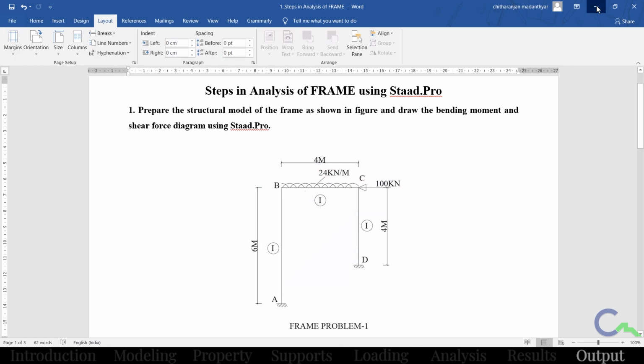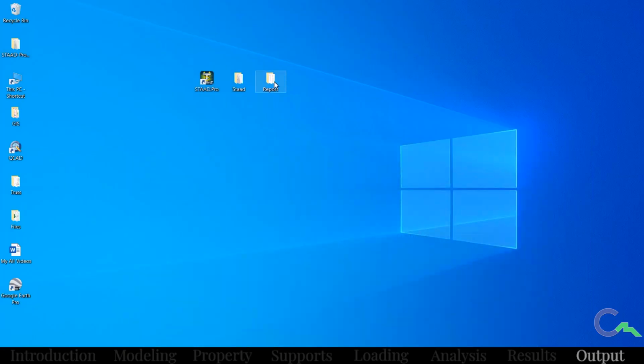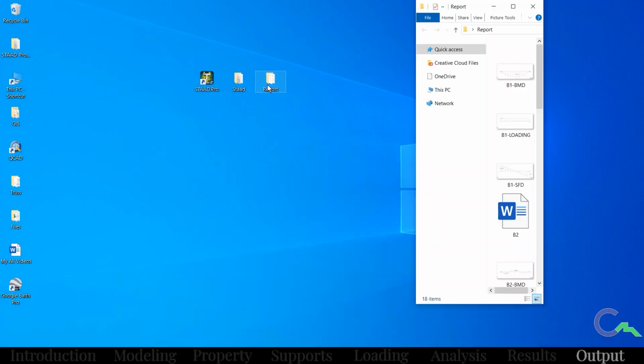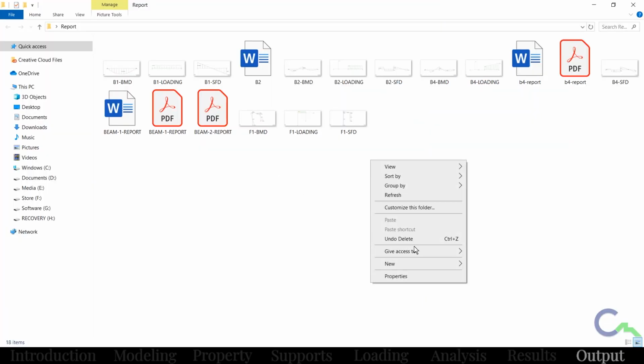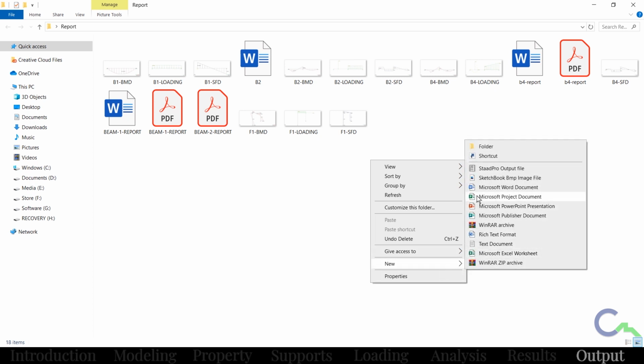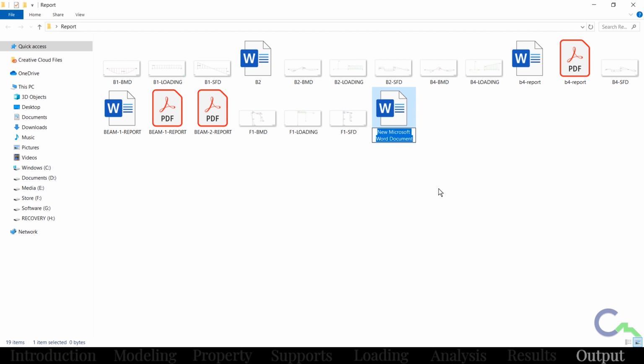Now I will go to the folder. I created one folder here. In that I am going to create one new Word document. Right click, new, Microsoft Word document. I will name it as frame 1 report.